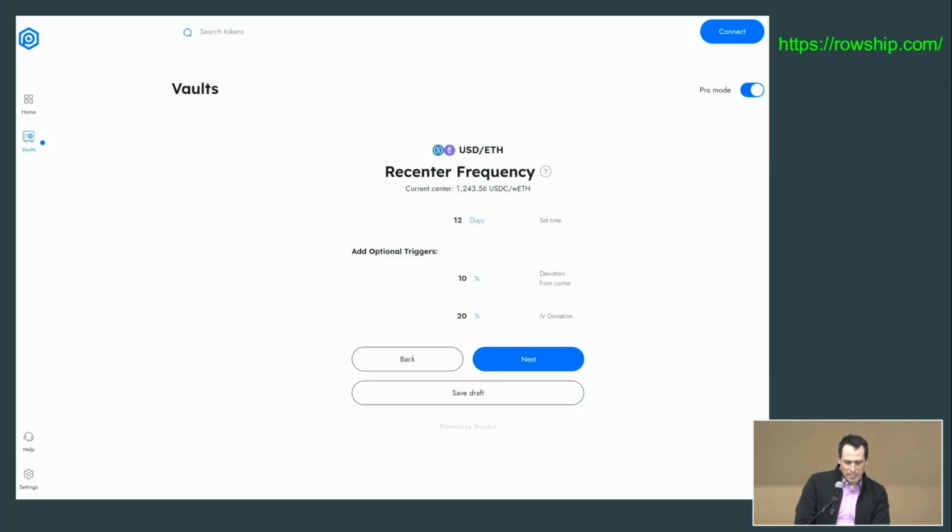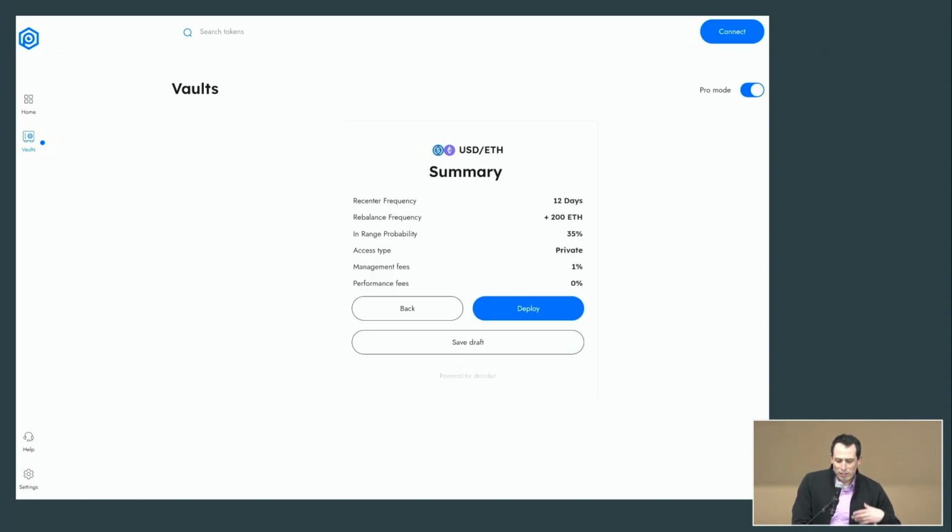Here's an example of one of these that is being built by some folks here that lets you define a bunch of parameters in terms of what you want a vault to do, and then it recenters periodically. In this case, like every 12 days, it would run the machine learning algorithm through a zero-knowledge proof. There could be triggers that additionally do it, and you get some kind of definition. And in this case, it's a fairly simple concentrated liquidity manager whose parameters are being managed by a machine learning model. But you can imagine that in the long run, this is going to be a much more sophisticated object.